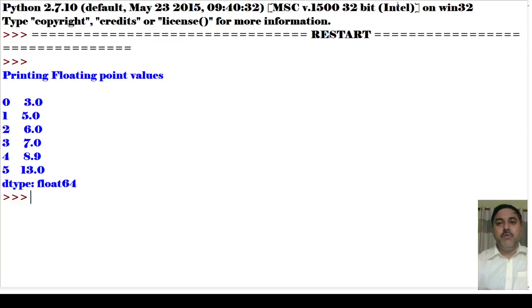So now what can we see from here? I have given only 8.9 with a decimal point. Now you can see all the other values, like 13.0, 7.0, 6.0, 5.0 and 3.0. Those values had been given in integer format.